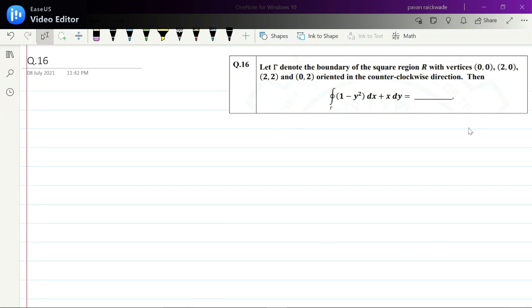Let gamma denote the boundary of the square region R with vertices (0,0), (2,0), (2,2), (0,2), oriented in the counterclockwise direction. Then we have to find this line integral. Okay, so let's draw the